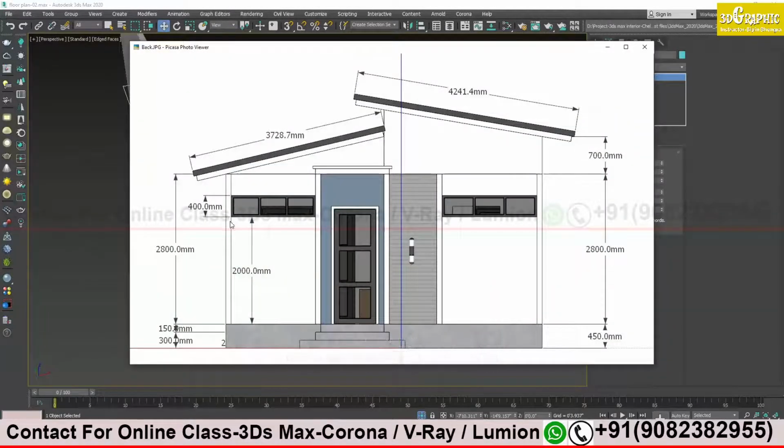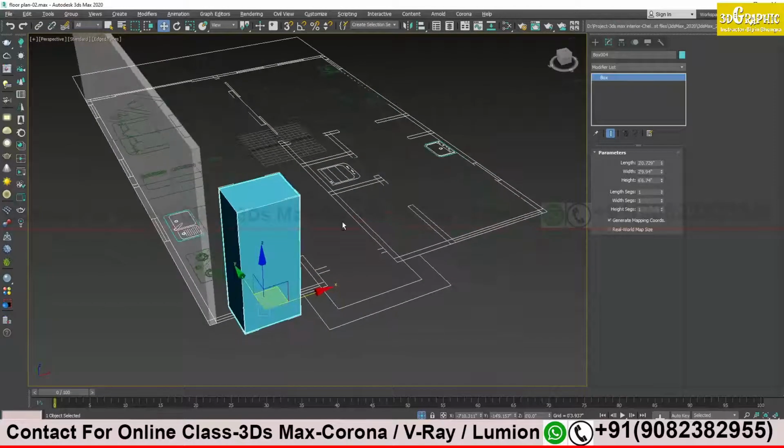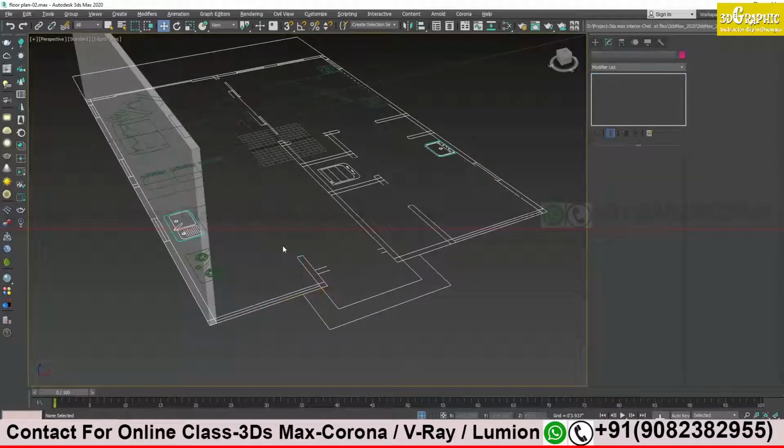So he is asking about the height of this small ventilation window over here, which is 2000 millimeter height from the plinth level. We are not doing the plinth level right now. We do it at the end. First we will create all the things above this level, and then at the end we will create the base. So to get this 2000 millimeter measurement, I was explaining, take a box. I will do it once again.